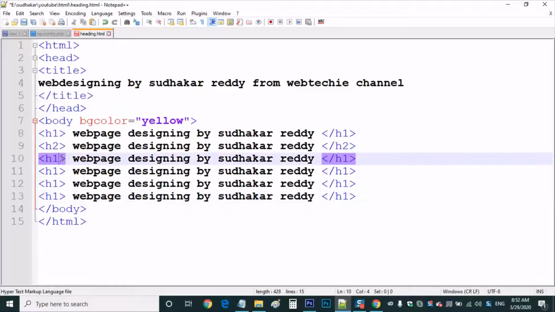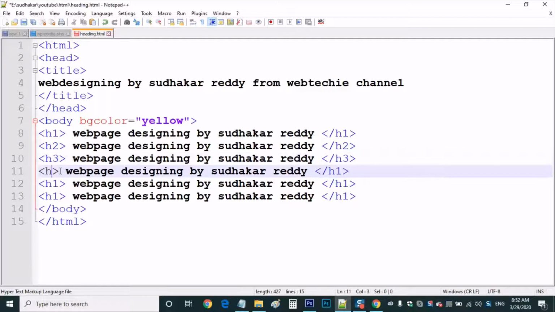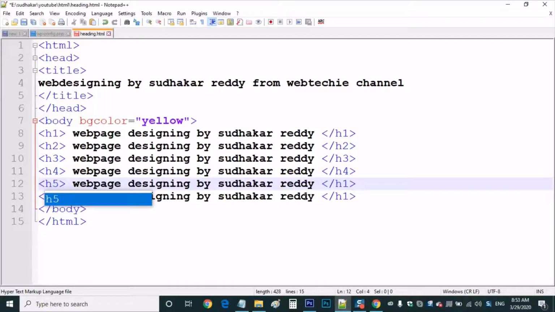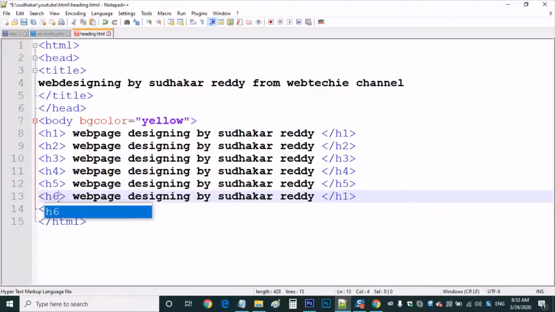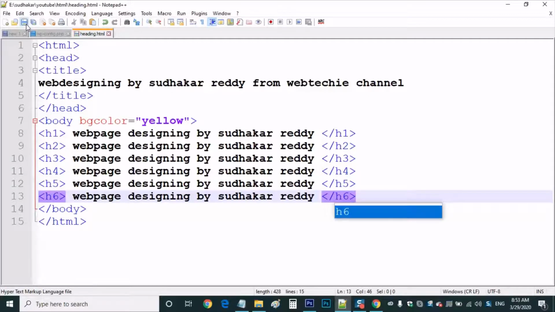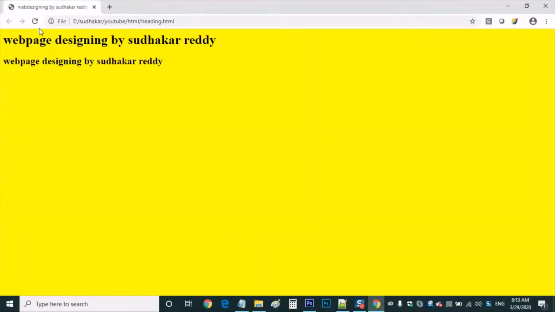Let me change this one to h3, and the closing also should be h3 there, and here h4, here h5, and h6. So now 6 headings are there. Now save this file and refresh it.